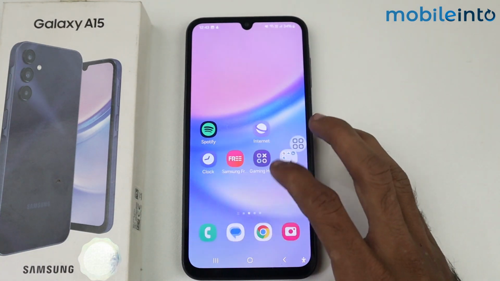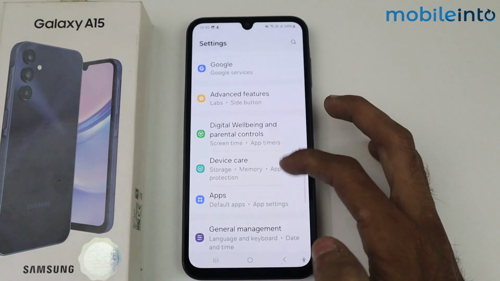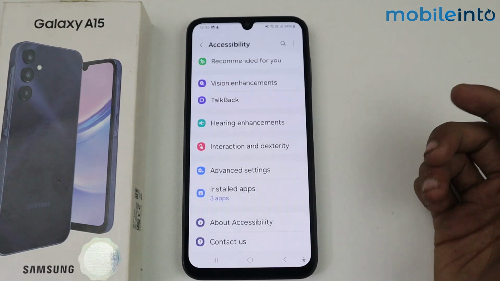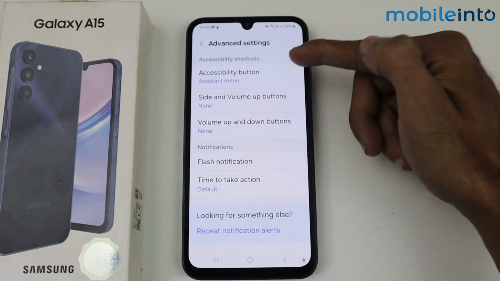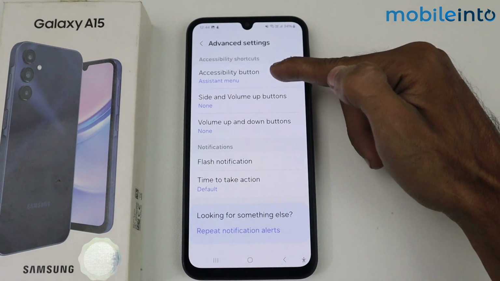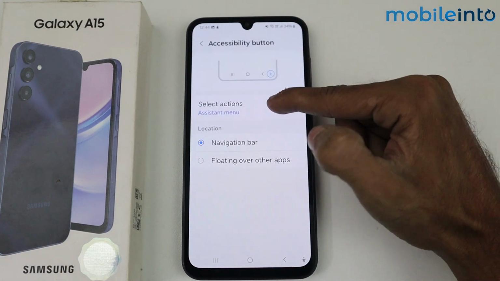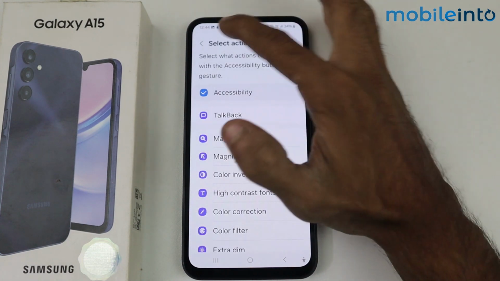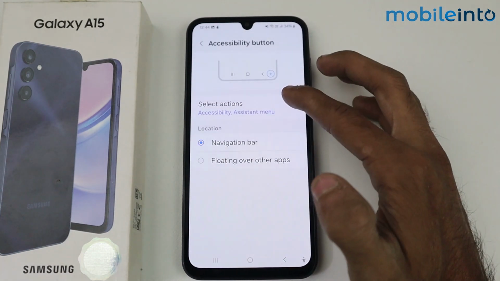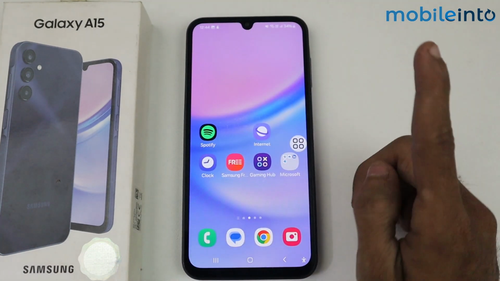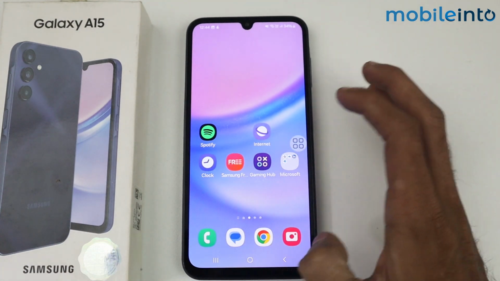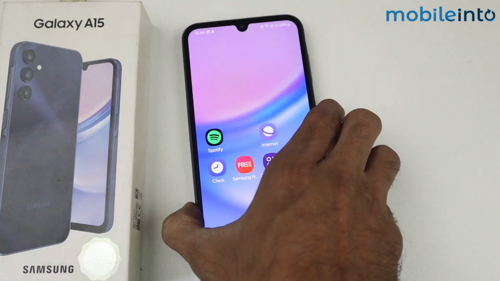I am telling you from where you can find the setting. Firstly, just go to the accessibility. Now tap on advanced settings here, and in this section we have the accessibility menu. So just tap and make sure to save this to accessibility here, so that you can find the accessibility menu here. So this one is the second method, and we have a third method also, which is a very unique method